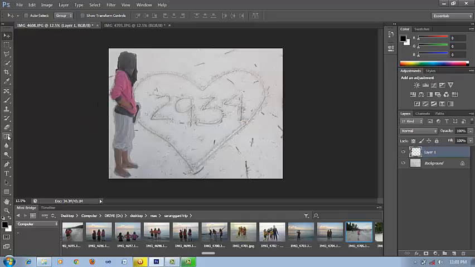Now I'll be using the eraser tool. I'll erase the part which is not necessary, which is not important.